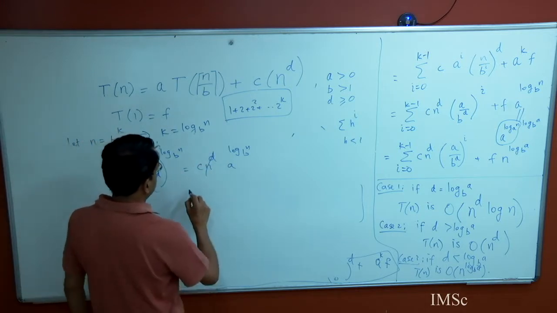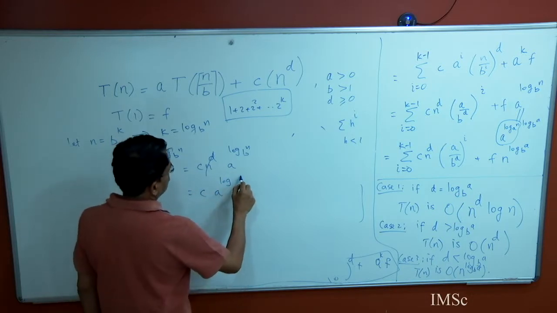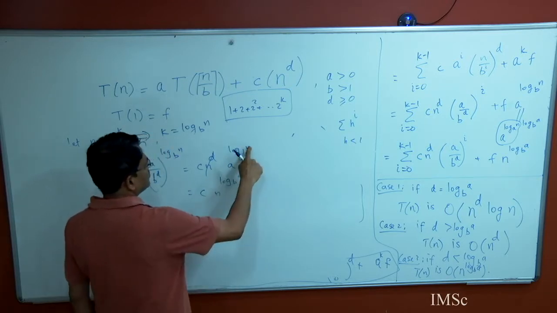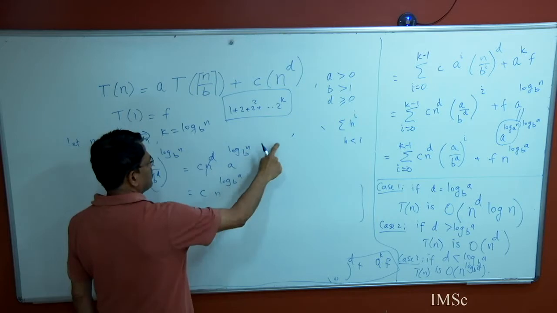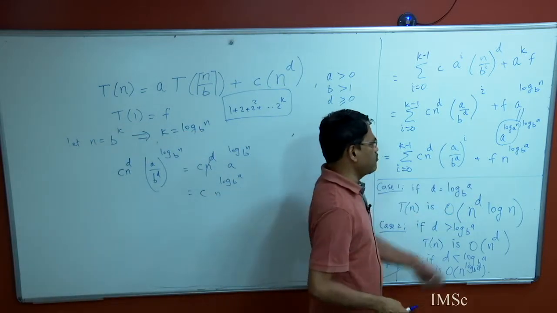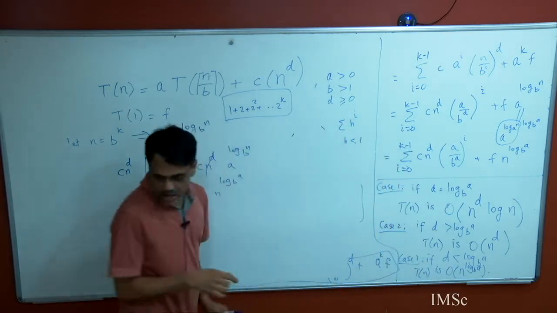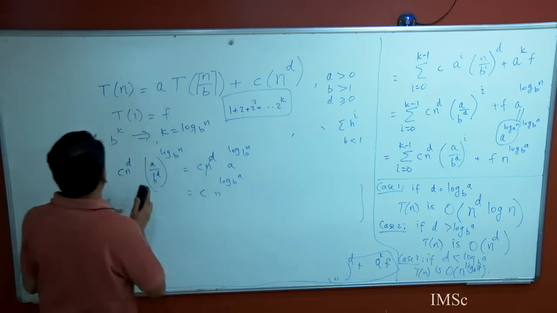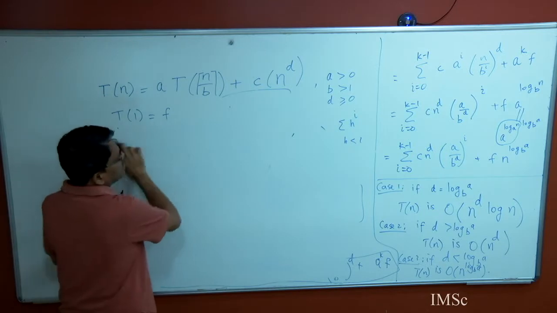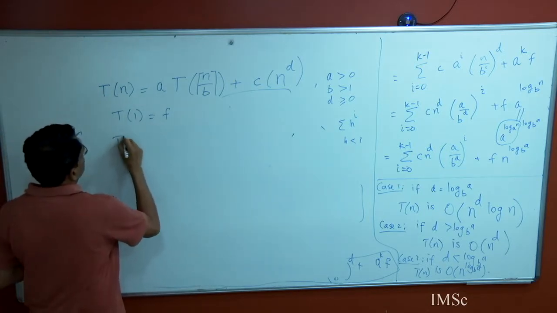And this is the same as saying a to the power log n to the base b. So overall it will be c n log a to the base b, and this is an upper bound. So overall it will be order n to the log a to the base b. Okay, so let me just summarize and write it down, and then we will verify on the problems we've already seen, right? So this is T of n is